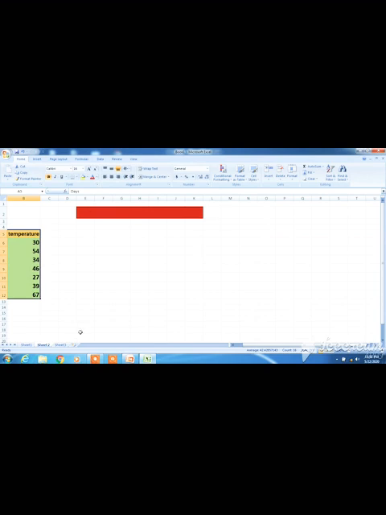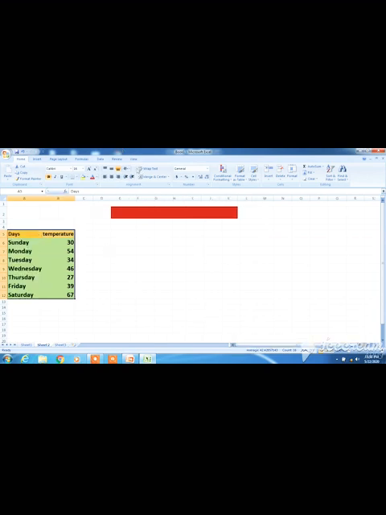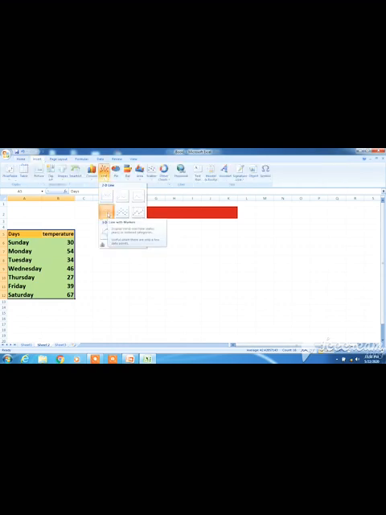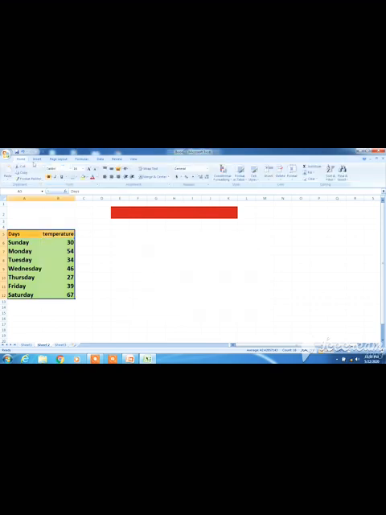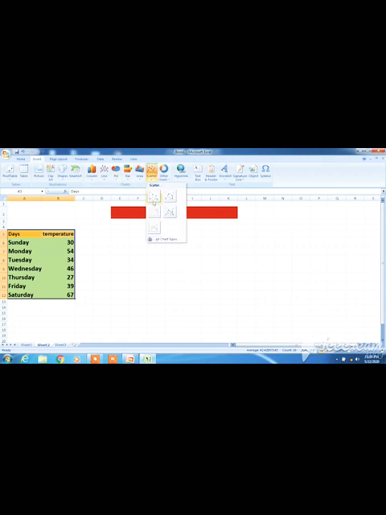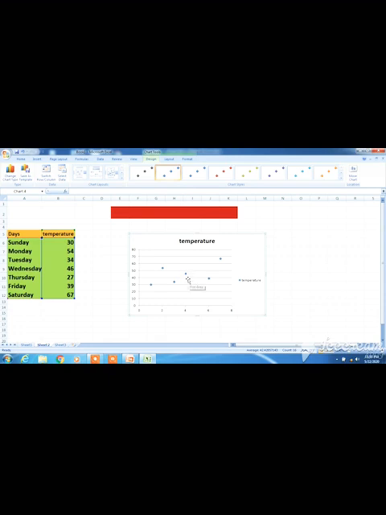Next one was the line chart, right? Let's draw a line chart. Go to Insert. This is what the line chart looks like. Fine. This is what the line chart looks like, remember? Next, bar chart, scatter chart. See here what it shows: the relationship between data series. See, the series temperature of Sunday here, this series temperature point Monday, right? Different data series you can draw.